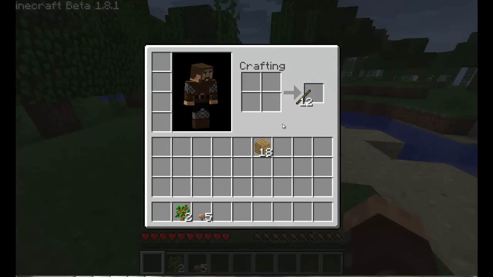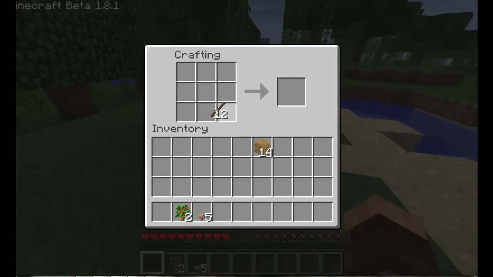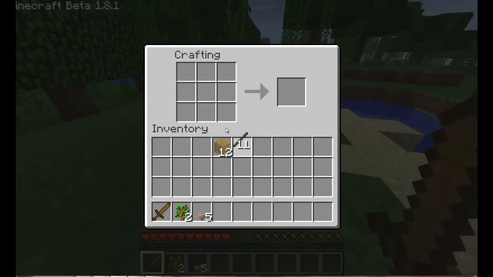like right there. Okay. And basically, since food is one of the most important things, I'm going to get a sword right away. I'm going to get a shovel, and I'll show you why in a minute if you want to watch the